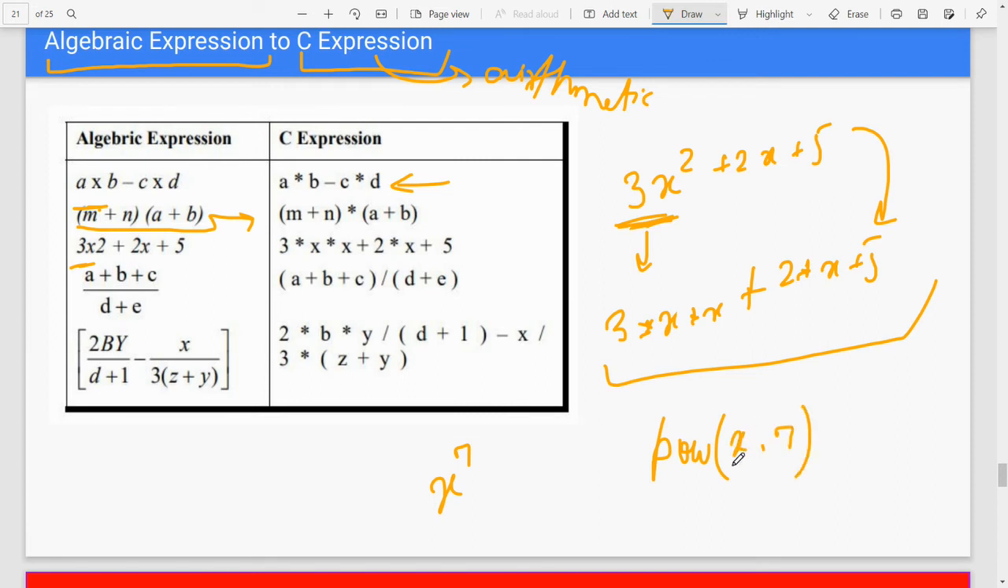So it will calculate x to the power 7 for you. So let's say x is equal to 2. So this thing will give 2 to the power 7. So we will just see some inbuilt function like power or some other function like abs is there, which is